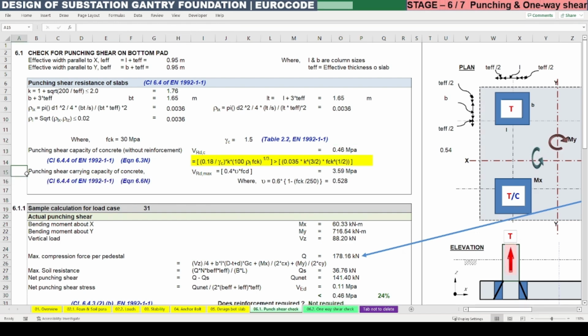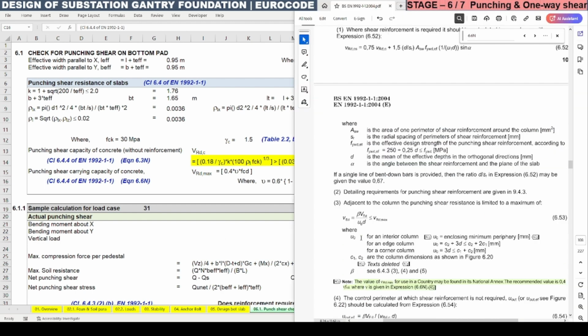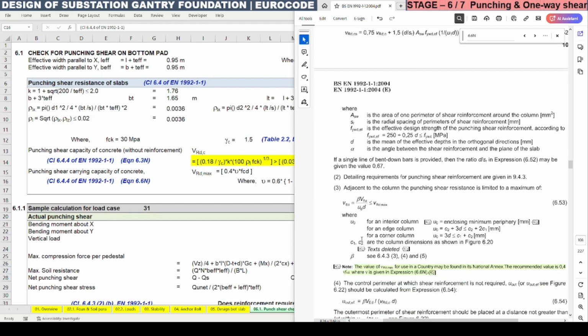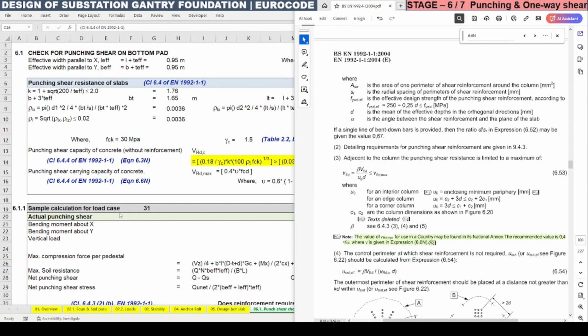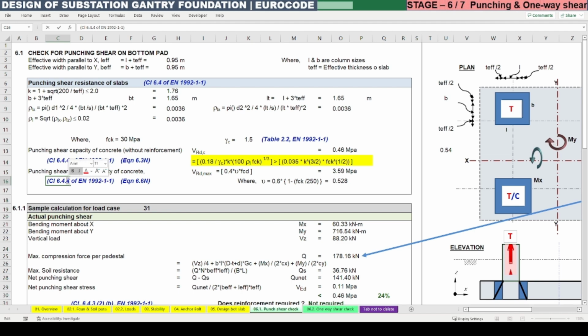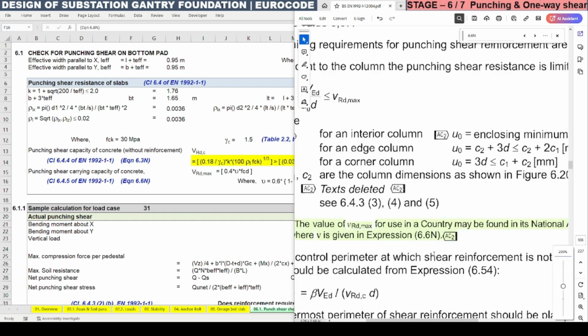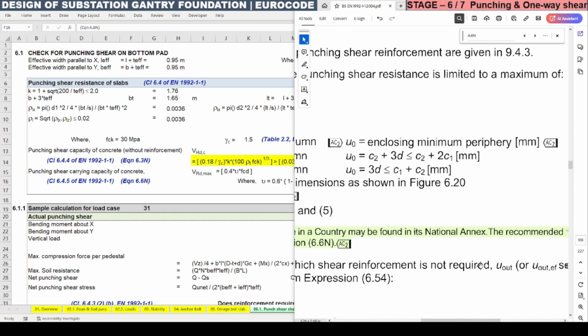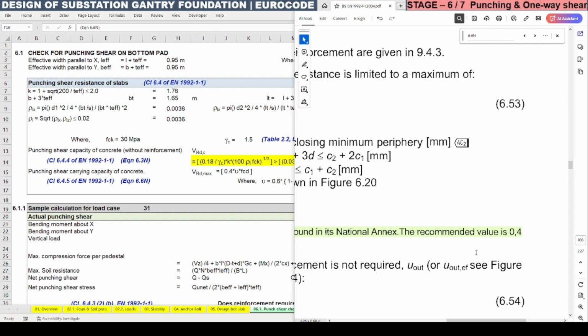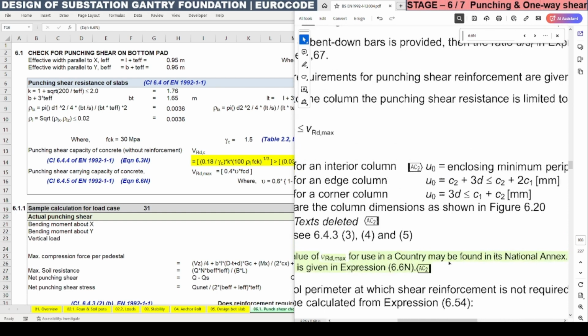Next we need to calculate the maximum punching shear carrying capacity of concrete in order to check the control of shear to the concrete. For that, clause 6.4.4 again we need to refer. So here clause 4.5 is to be referred, and 4.5 notes is explaining the VRd,max. The VRd,max depends upon the country as per the national annex, but the recommended is 0.4 times